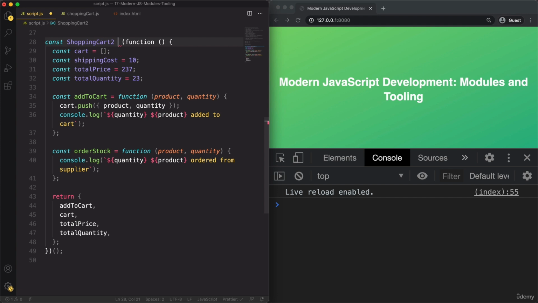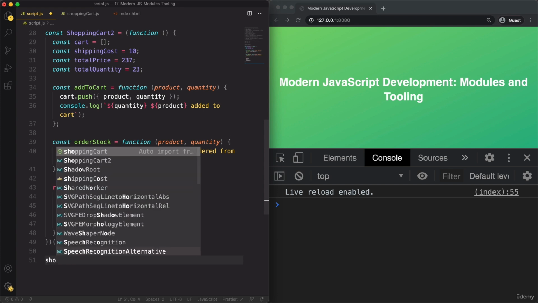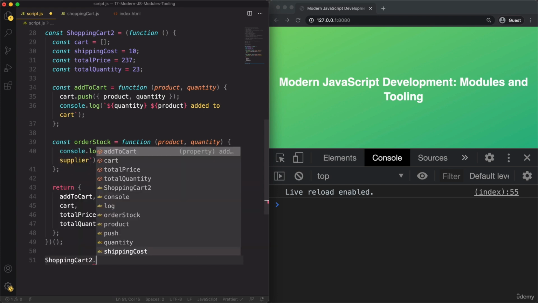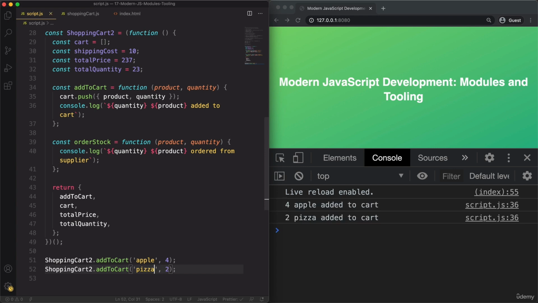Let's say shoppingCart2. And so now, just like before, we can now say shoppingCart2.addToCart, and here let's say 4 apples and 2 pizzas, right? And so it works. And indeed, if we take a look at shoppingCart,